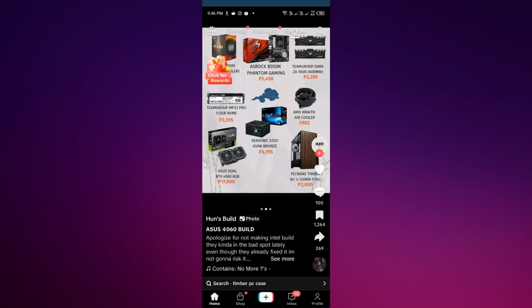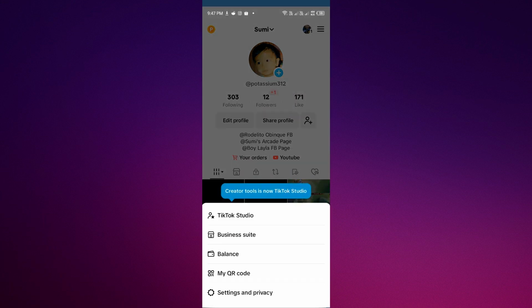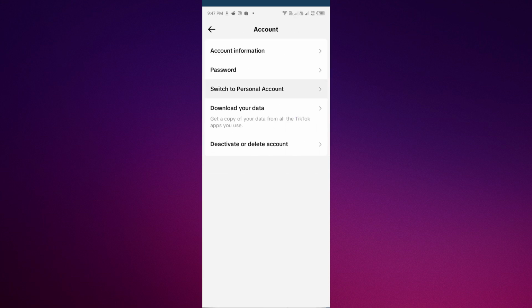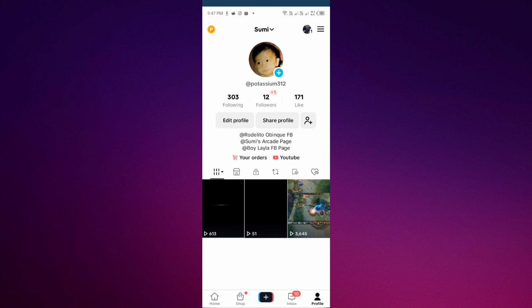And once you've navigated there, just click Settings and privacy. And just go to your account and go to Switch to business account. I've already switched mine. And after you switch to a business account, just go to your profile again and